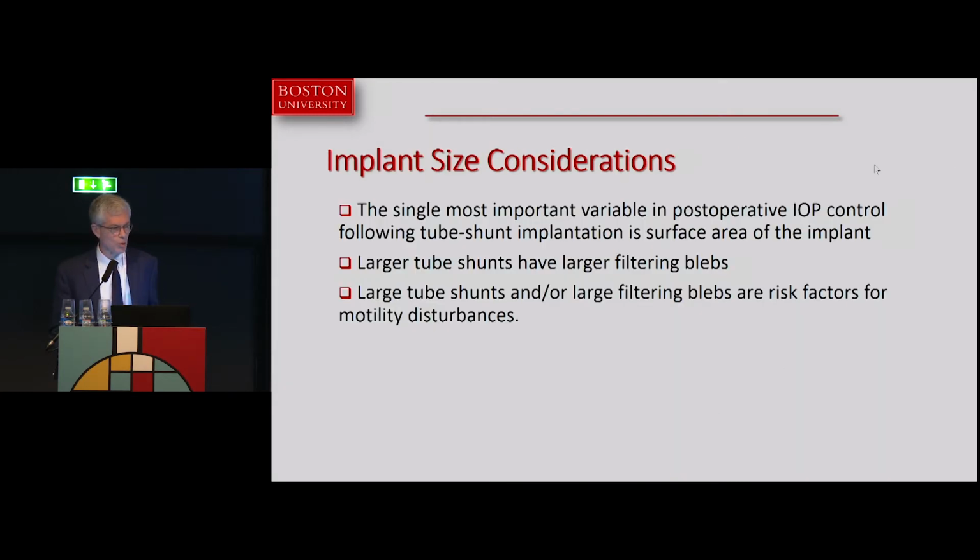And we have to think about what is contributing to this. I just want to bring your attention to the fact that implant size makes a difference. Now, why do glaucoma surgeons implant big implants? It's because the larger the surface area of the implant, the greater their filtration area. And so for patients who are high risk or end-stage glaucoma, they'll often have large implants placed. These larger tube shunts, unfortunately, have larger filtering blebs, and these large filtering blebs can be risk factors for motility